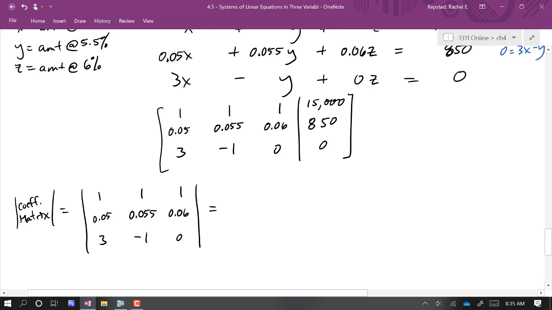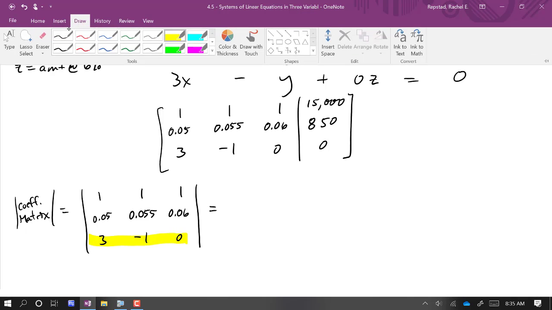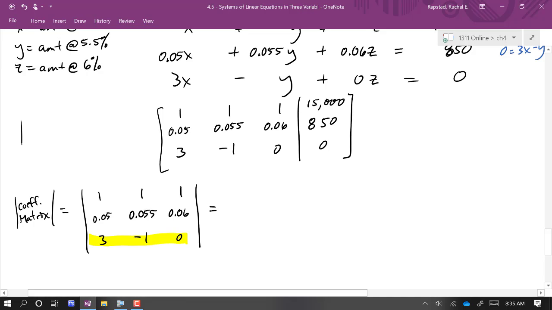Alright, so as we've mentioned before, I want to take advantage of any zeros if I can, so I'm going to expand on the bottom row. I'm going to write out the system of signs here. Alright, so it's another plus minus plus row, just like the top row. So that determinant is 3 times, let's see, that 2 by 2 that we get when we eliminate that row and column,